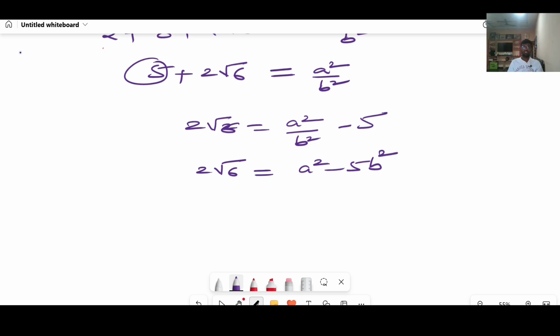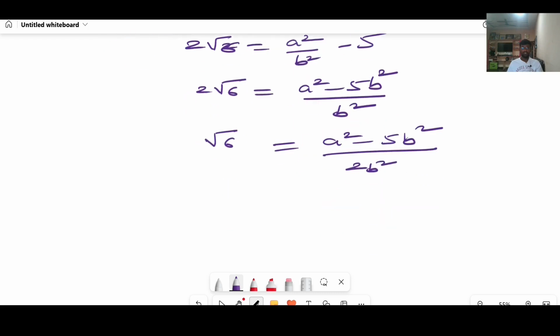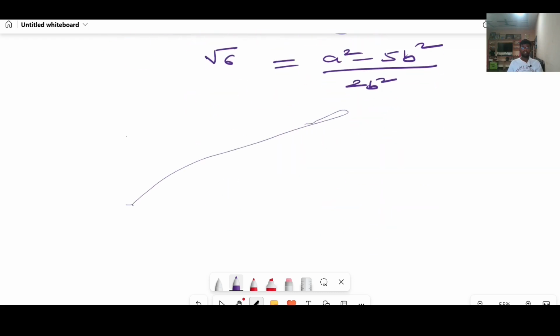And then again I will transpose this 2 to the other side: root 6 equals a square minus 5b square by 2b square. Look here,